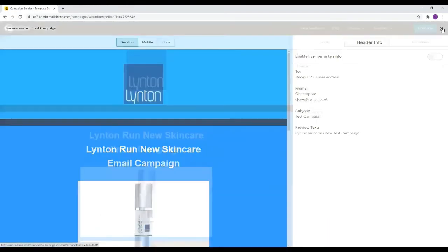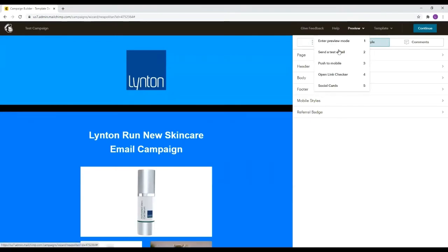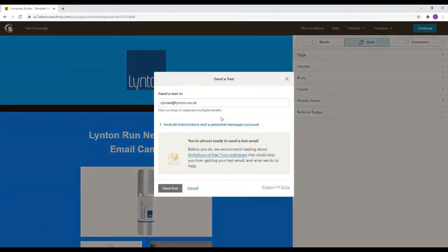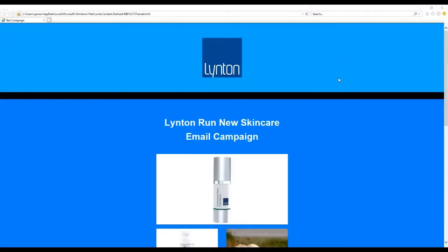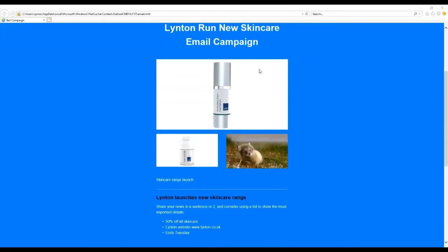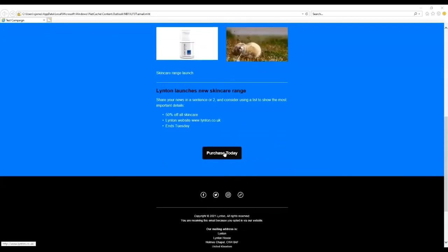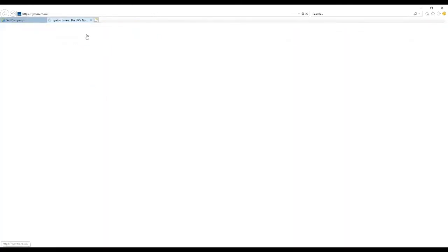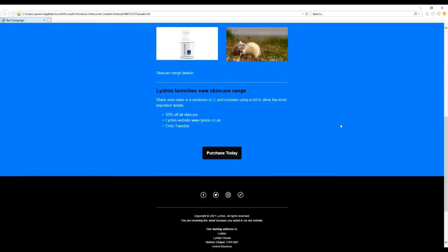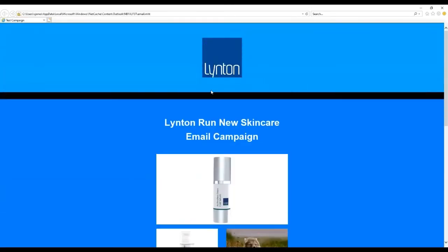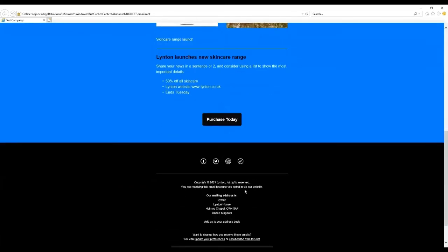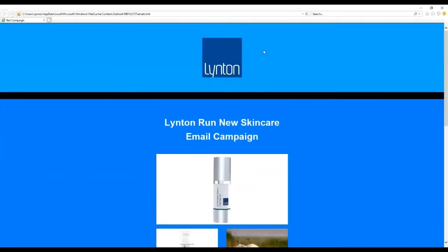So that's great news. So the next step is to send a test email. So I'm going to send a test email to my email address here. And when it comes through, we're going to see what it looks like from a receiver's point of view. Okay, so I've received my test email, and I've just opened it up in the browser here. So you can see everything's working fine. And just test this link as well, and seeing that it links to our website. So this is exactly what the recipients of your emails are going to see. So it's important to make sure that all of your links are working and it all looks good to go.